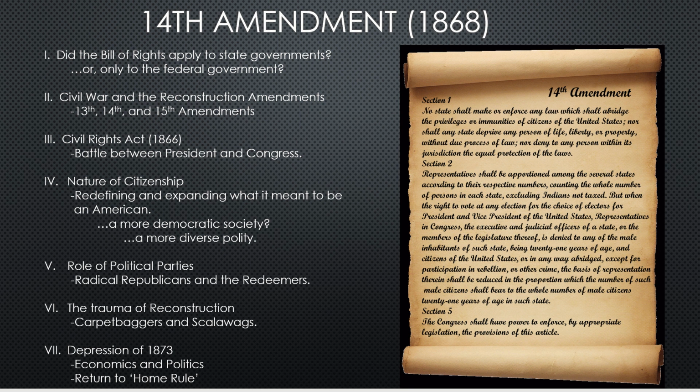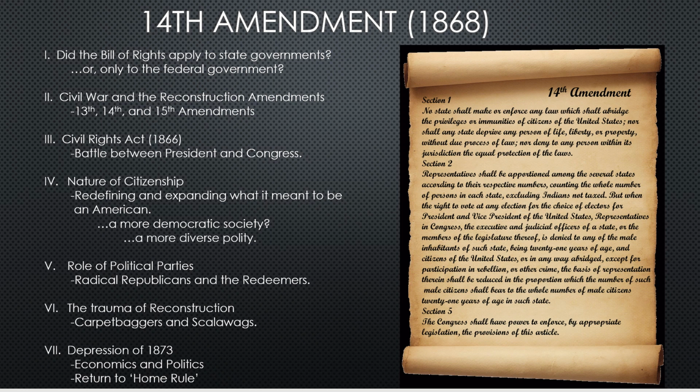Eventually, the Republicans in Congress are going to push through an amendment to the Constitution because the Civil Rights Act, it is apparent to everyone, is not going to be sufficient. Just this piece of legislation is not going to be enough. They feel like they're going to need to amend the Constitution itself. So this is important. The degree of pushback that the Civil Rights Act gets results in a more heavy-handed, a more radical Republican Party, a more radical Republican wing of the party pushing through an actual amendment to the